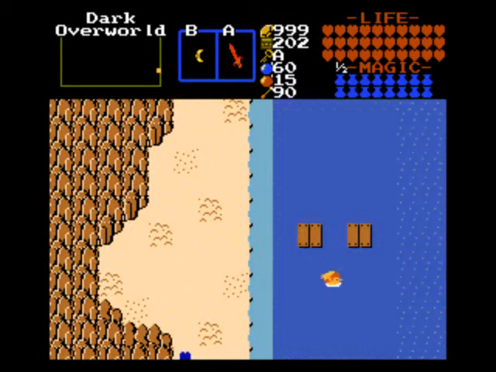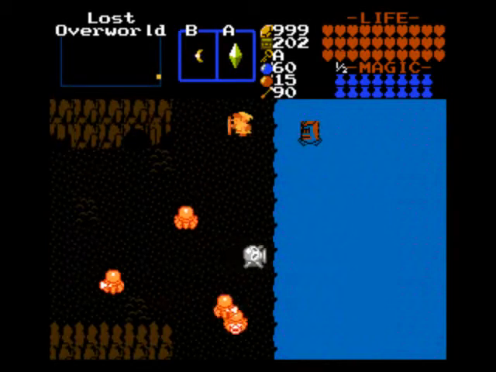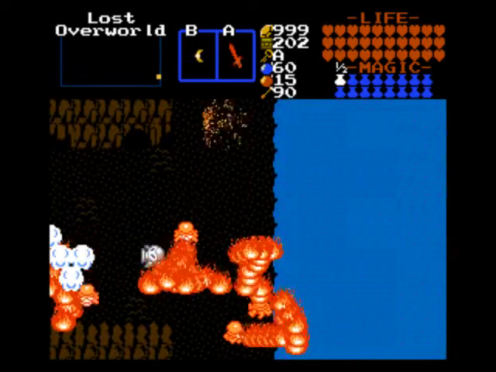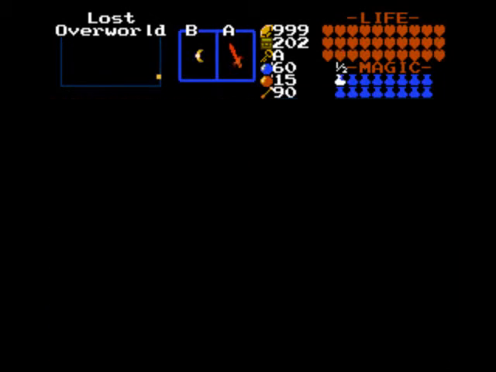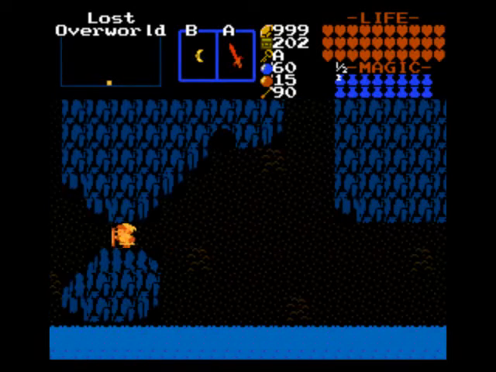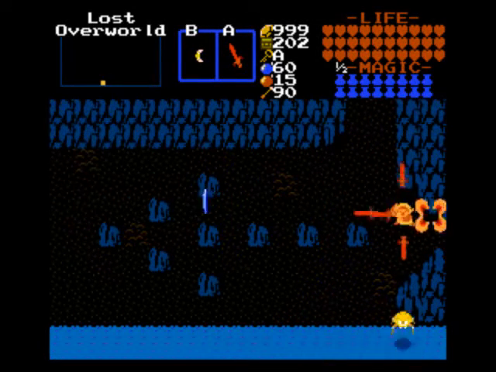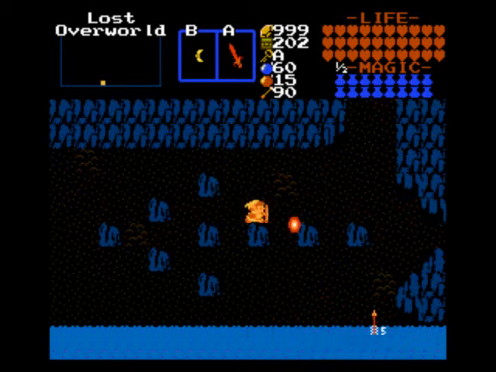Got back all my money. Just didn't even have to touch the Lost Overworld. Easiest way to get back to where I need to go is just to use the Pharaoh's Wind. Gets you right back to the starting screen. Okay. Now I can go into that bonus dungeon right now, but I guess there's a few